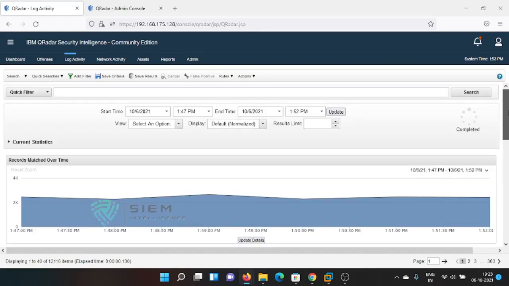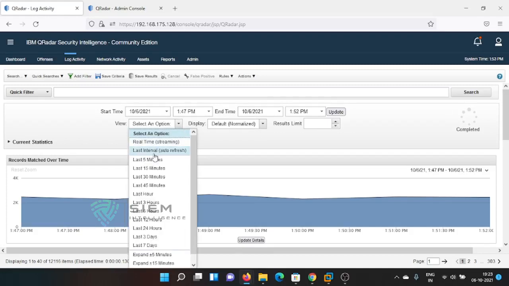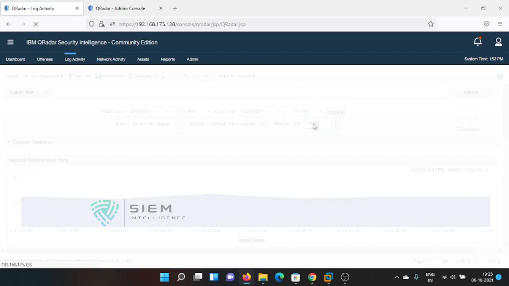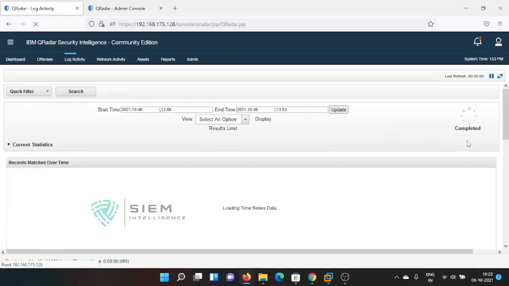And you can limit. You can check only the last 5 minutes of data, with results limited to 1000 only. In the last 5 minutes, I want to see only the last 1000 logs. That means from the last 5 minutes, what are the fresh 1000 logs? See, I press here, and now it gives only 1000 logs.